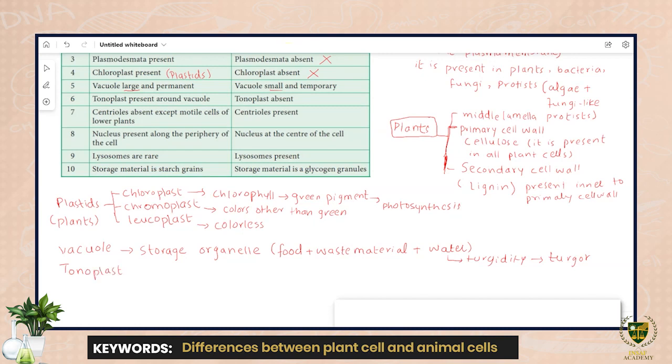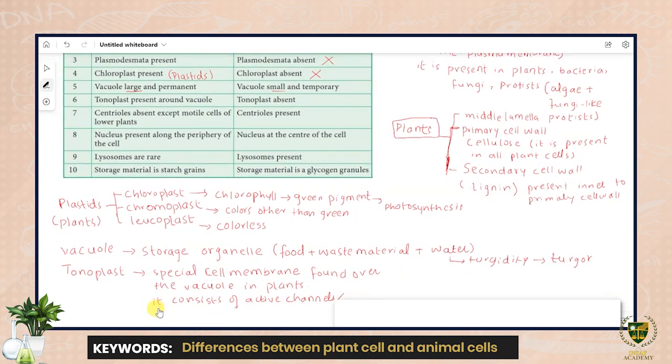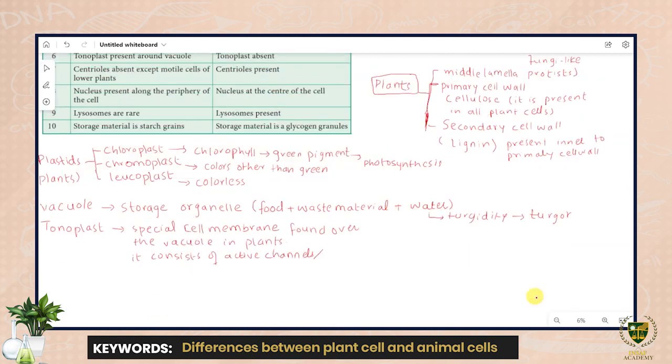Tonoplast, it is the special membrane, the special cell membrane found over the vacuole in plants. ये special difference इसलिए because it consists of active channels or pumps, channels and pumps,